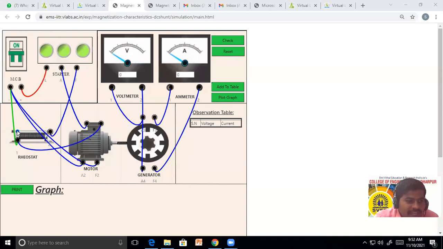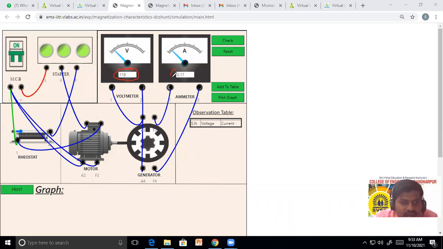See, I will vary this value of the rheostat. That means I will reduce the value of resistance. I reduced the resistance value. See, here the voltmeter is showing some value. What is this value? Can you see it? Hello. 118. 118 is the voltage,